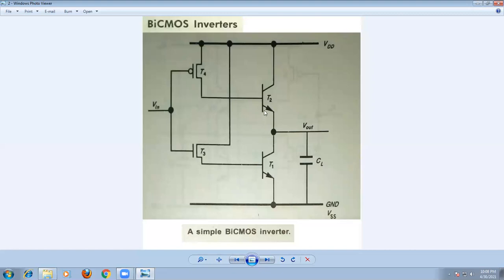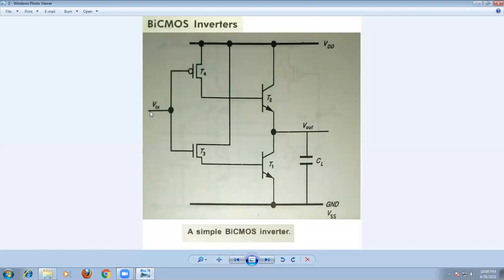Now, how will the transistor conduct? We'll see the operation of this BiCMOS technology. Let us consider the inverter. This schematic indicates the inverter. What is an inverter? Basically, if you give the signal low, you will get the output high. Similarly, if you give a high input, you get a low output. Now we can observe how the circuit behaves in operation.